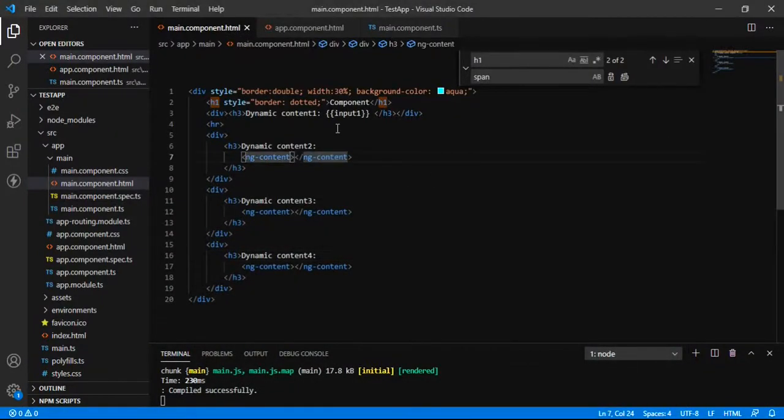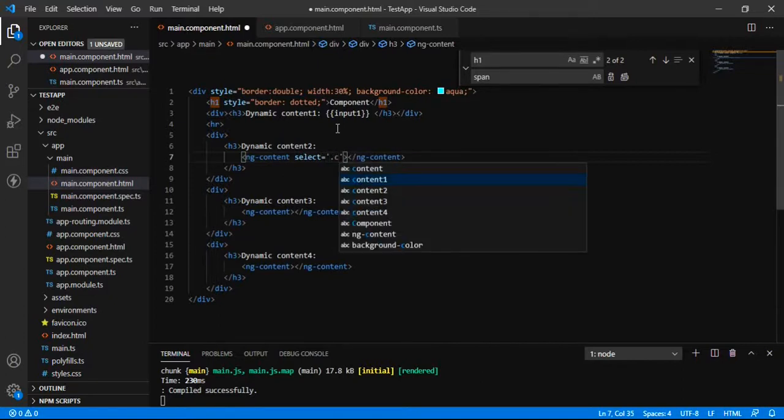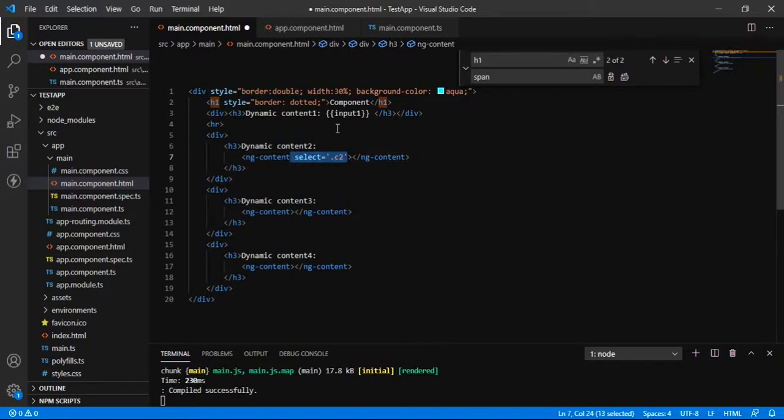So Angular provides the select attribute for ng content that helps us project into a particular section. It can be a class name, an ID, or an attribute. We are using the class, so we are providing .c2, .c3 and .c4, and this selector will be used by the outside component where we are injecting the element.